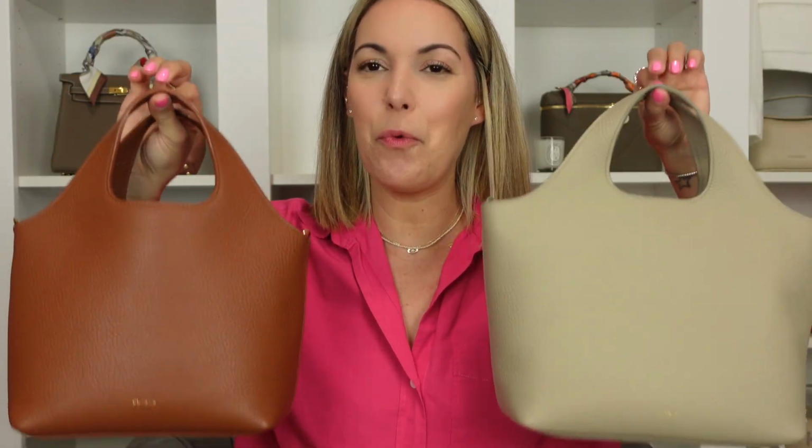And I am so excited to share. We're gonna do size comparisons, we're gonna do mod shots, we're gonna do what fits inside. I will share with you all the new details of the small zippered tote from Cuyana, as well as the details from the OG mini system tote. However, if I did need to pick one,